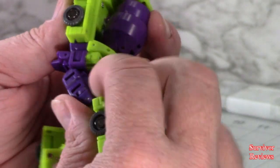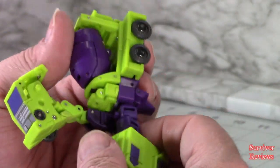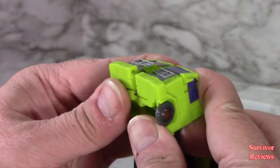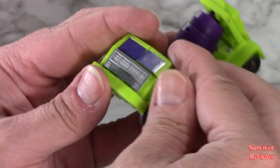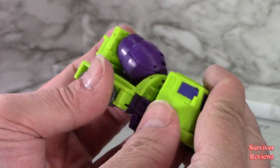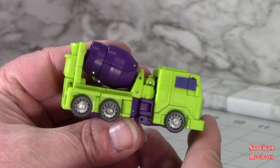I don't know if y'all can see it, but you got to wiggle the legs until they come up like this, and that pin right there does not make it easy all the time, but they will go. Once you got them right there, go ahead and connect your cab together like this. Squeeze everything together, make sure it stays the way it's supposed to, and then you just bring it down, making sure your wheels are out, and bringing it together, and that's how you make